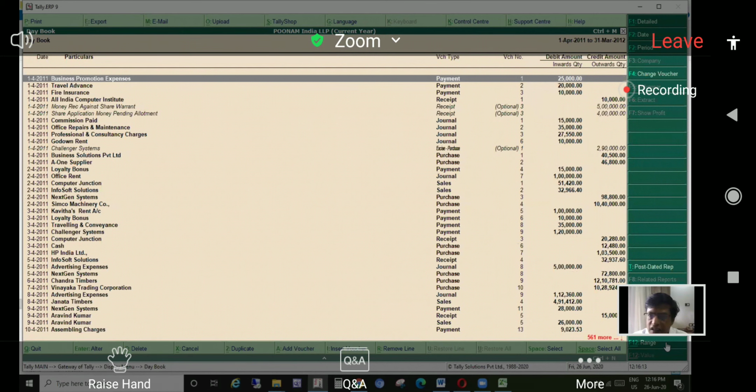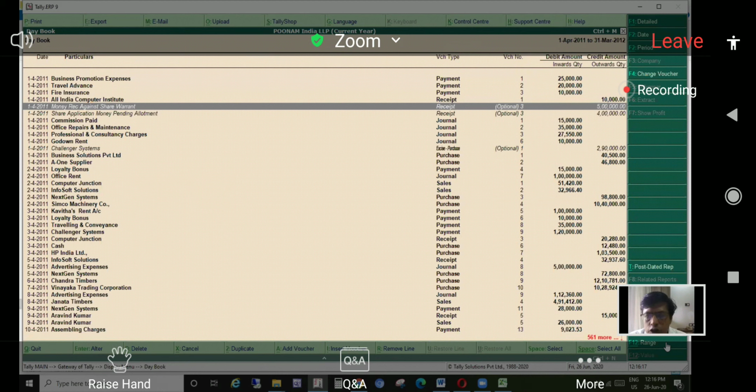Here you will see that they have created certain optional vouchers also. What is an optional voucher? It is a non-accounting voucher which has been posted for maybe some scenario or just for temporary purpose, but they have not impacted the books of accounts. So whatever transactions are there, you will not be able to see when you are viewing your normal display account book ledger view report. You will view only from this display day book or from an exceptional report, which I will show later.